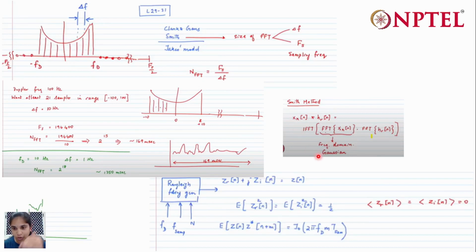So it's IFFT of FFT of x_R[n] into FFT of h_R[n]. So this was the idea in Smith's method. However, in Smith's method, the problem was the size of the FFT. The size of the FFT is the ratio of the sampling frequency and the frequency resolution that we wanted. So, for example, if you had an NFFT size to be 2 power 15, which is approximately 169 millisecond worth